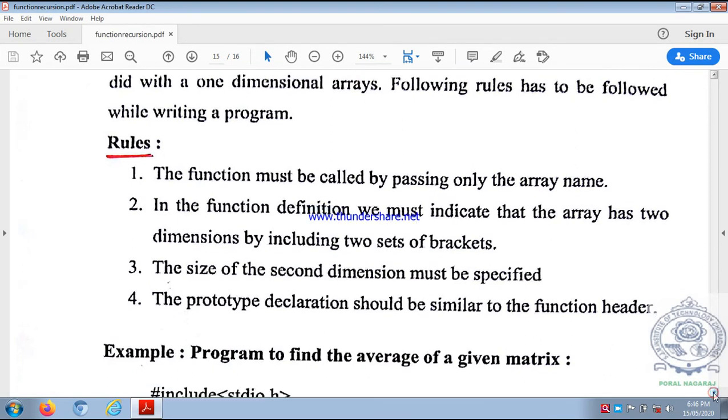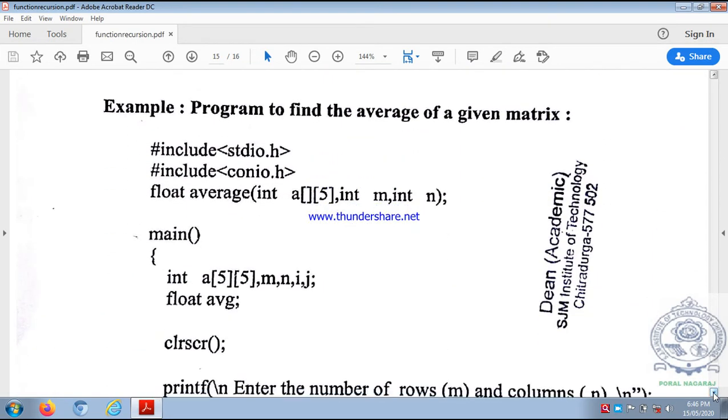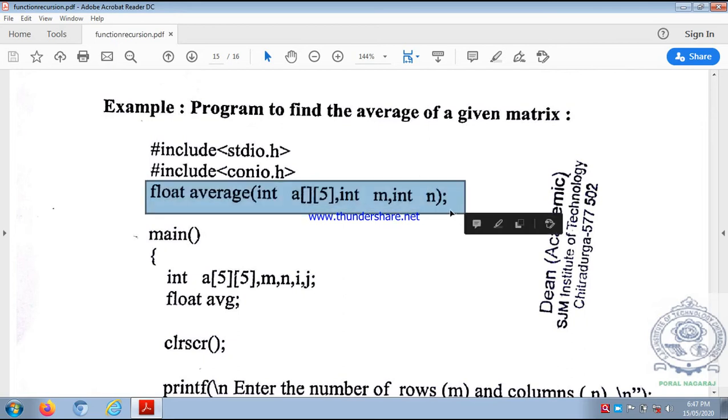That is as usual. See, for example, let us see a program to find the average of a given matrix. These are preprocessor directives, and this is the function prototype where we pass two-dimensional arrays. Name of the function is average. Return type of the function is float, which has three arguments: the name of the array, the number of rows and the number of columns.